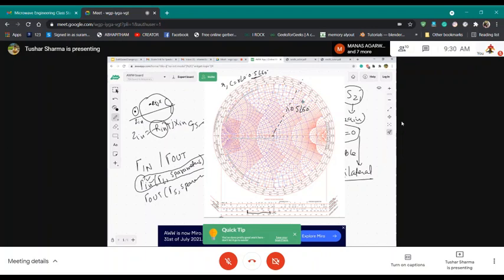It's usually easy to mark r angle theta than r plus jx. I don't know if you guys realize it, but it's super easy if you want to mark an impedance in polar form rather than in rectangular form, because then you know the angle exactly, and you just put it. So say this is my center, and say I got another radius which is 0.7. Then I will do the same thing. I will measure whatever that radius is, say 0.7, and then from here I will put my compass wherever it goes up to 0.7, and I will draw a circle.